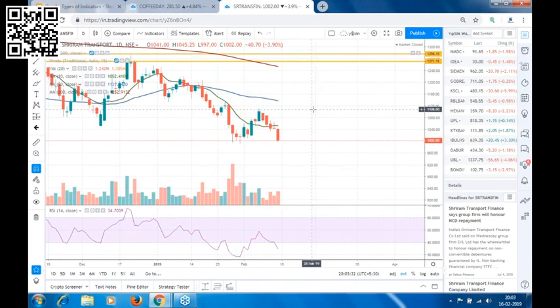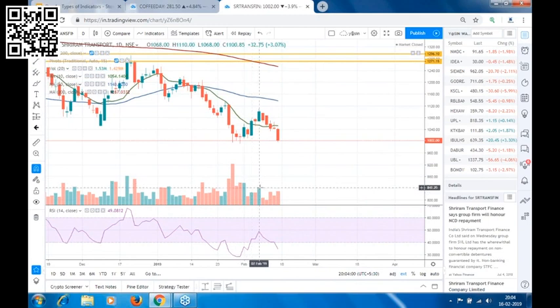Or when a stock is taking a resistance, be it from 200 period moving average or 50 period moving average, we can look for a shorting opportunity. So these are the four trading setups that we use using this technical setup. And you can also, when any stock is at the top, check for a bearish divergence, and when a stock is at the bottom, you can check for a bullish divergence.